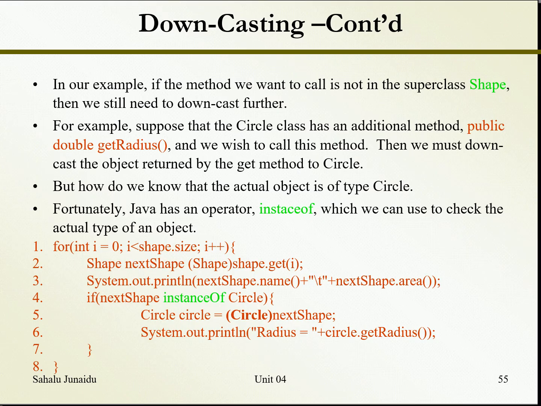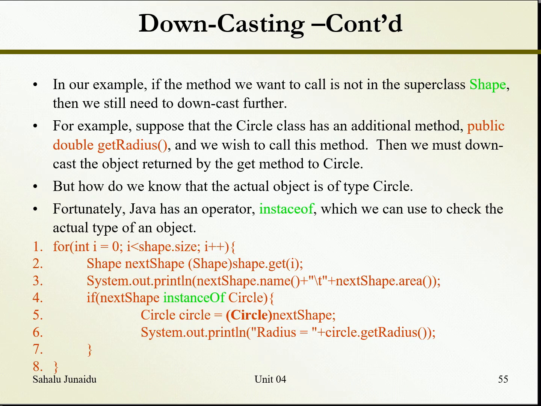Why don't we need to downcast this to a circle or rectangle before we call the name and the area? Remember the advantage of late binding in a Java application, because we have the methods already that are abstract, name, sorry, area and perimeter, available in the shape class. Since it is supporting late binding and there is an overriding by the subclasses, there will be no problem. But in the case whereby only the radius, and we know radius is only available in the subclass,